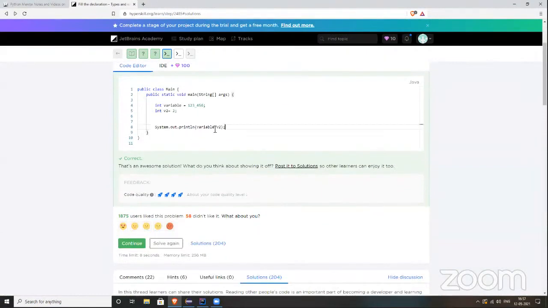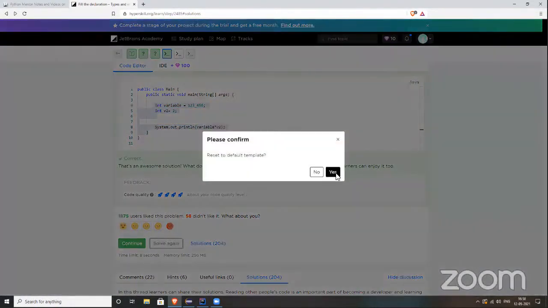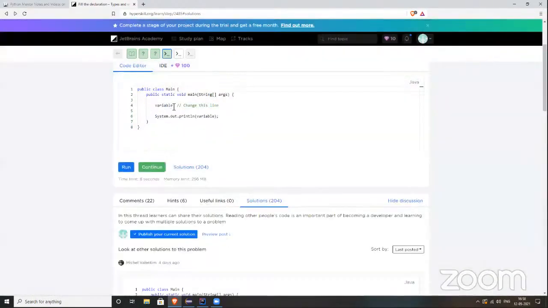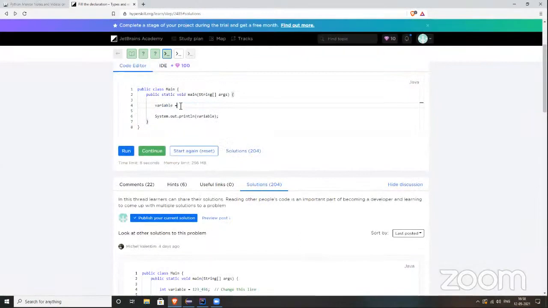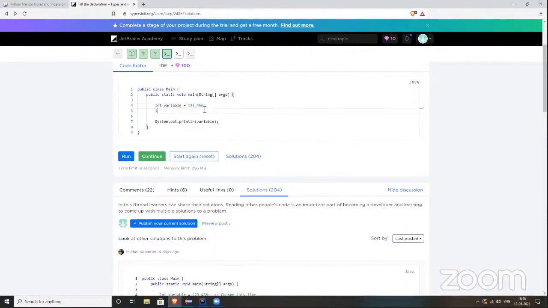I have to reset it. Okay, it is saying to reset. When you add it, don't remove the comment, just change the value there. Let the comment stay. But it will still show that error. Just check it, because we have tried putting a comment.